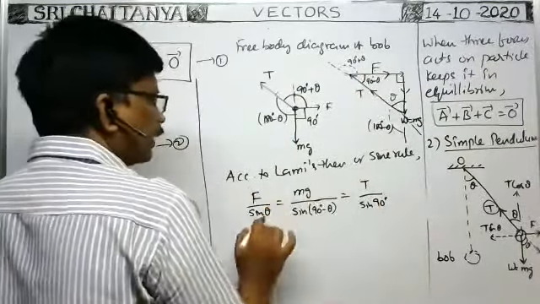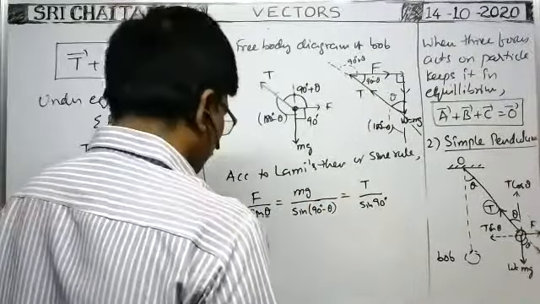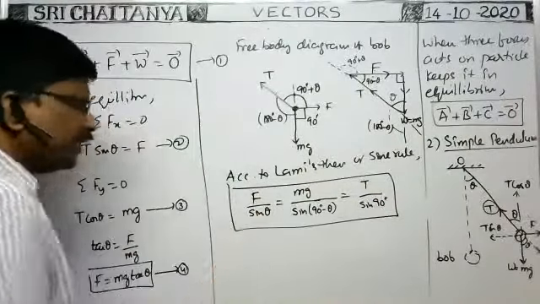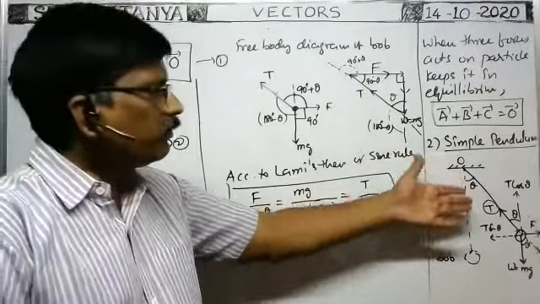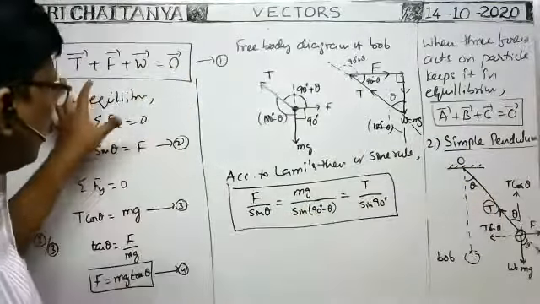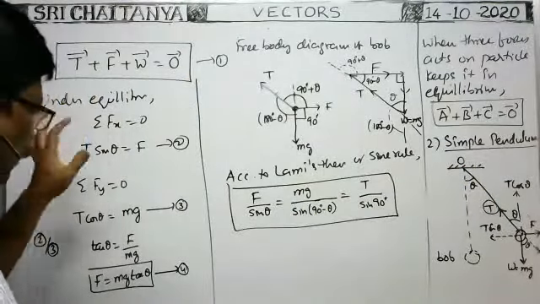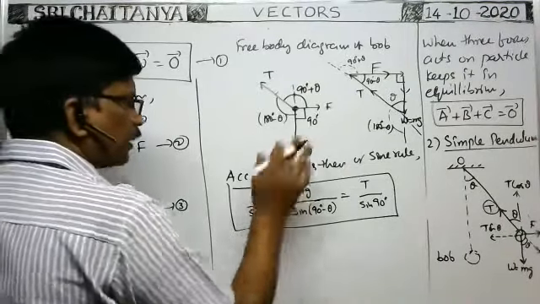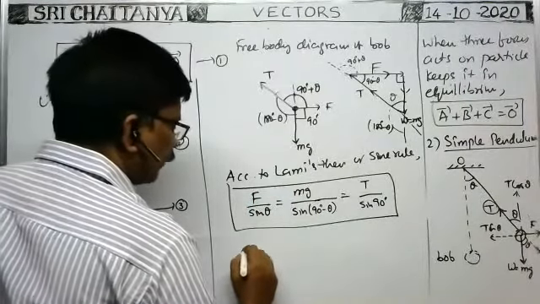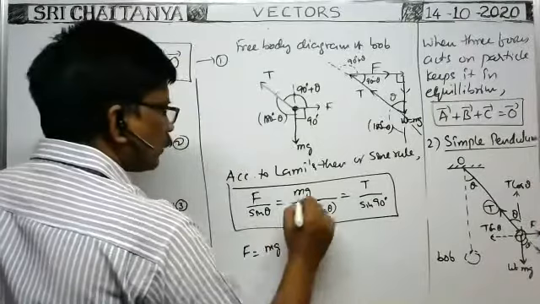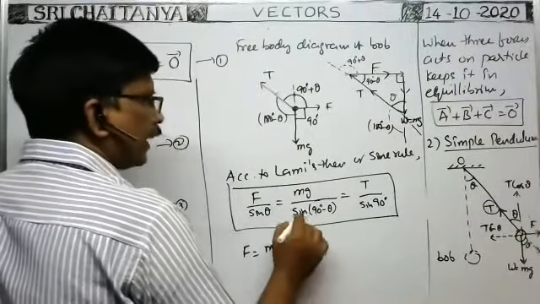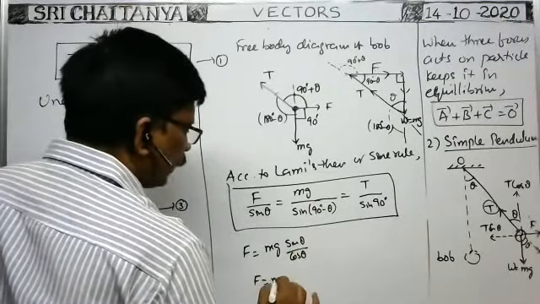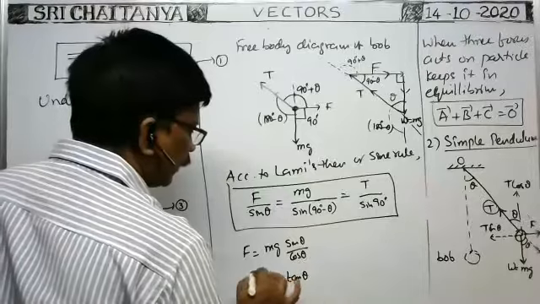So A by sine A, B by sine B, C by sine C. Now, this is what I wrote according to Lami's theorem. I think this is a very simple method because otherwise we have to resolve the tension into components and make them equal along x-axis, along y-axis. Then we have to divide the two equations. Then I got F is equal to mg tan theta. Directly here we will get it. You see, by Lami's theorem, F is equal to mg into, you do cross multiplication, sin theta by sin 90 minus theta, means you have cos theta only now. Therefore, F is equal to mg into sin theta by cos theta, means tan theta. We can write.